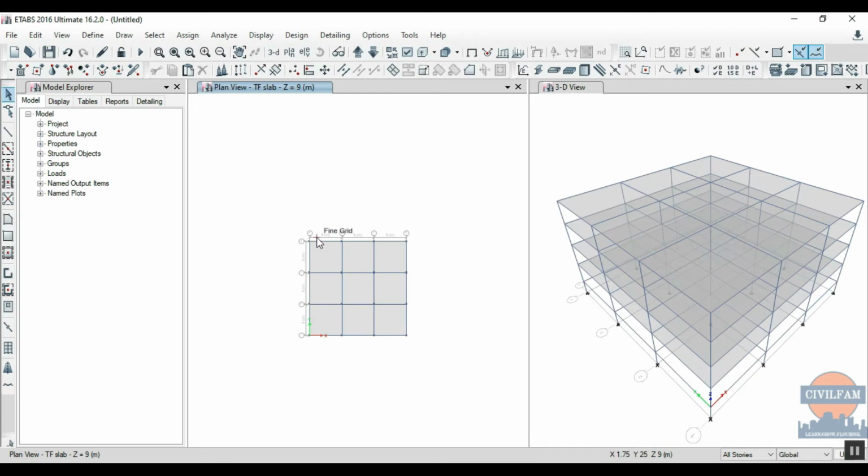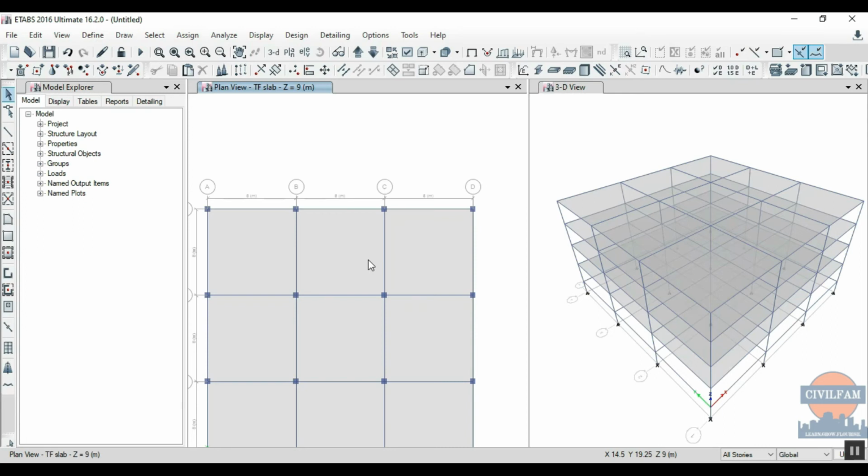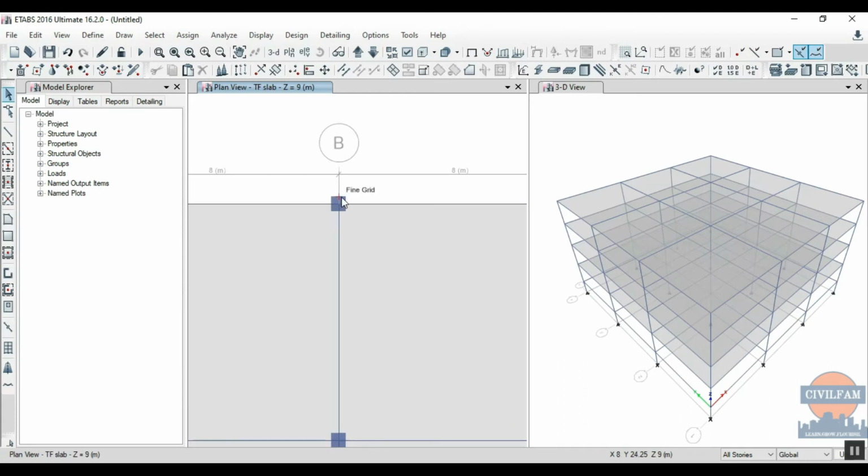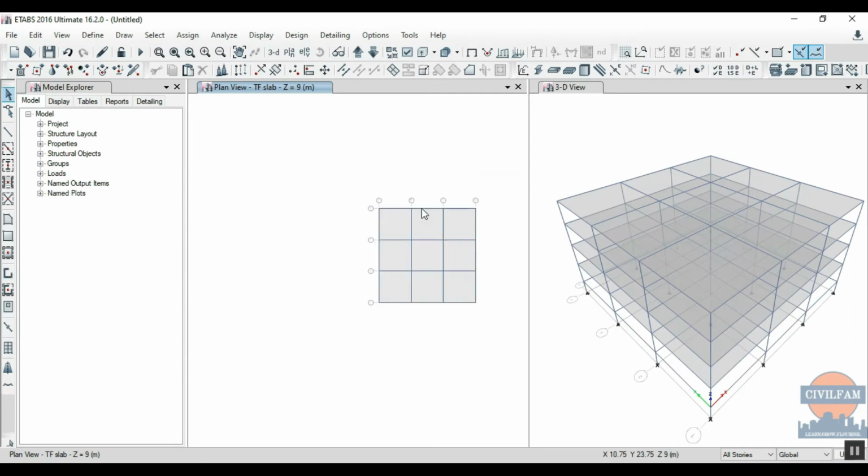So that is one way to check your model, to see if you have properly placed all the columns, all the beams, and all the slabs into the positions they're supposed to be in. If you have missed out somewhere, this is the error you get. So it's very important you zoom in properly when you're drawing slabs. Generally in slabs you get this issue because for beams and columns we import a plan, right? So we know the location.